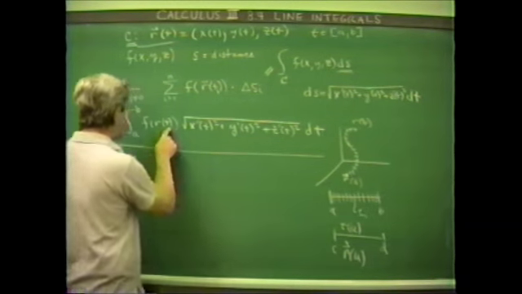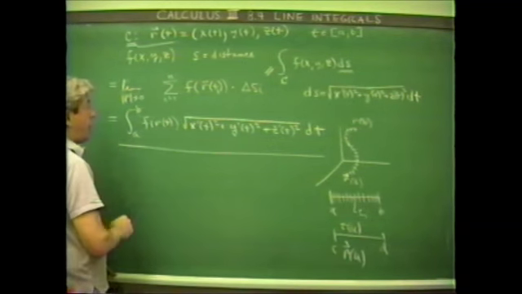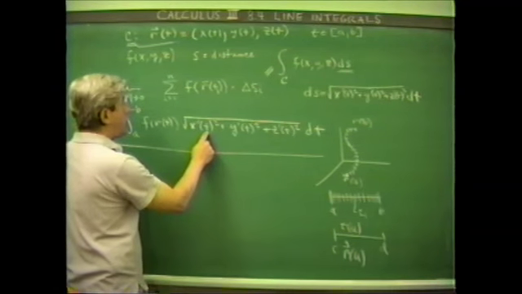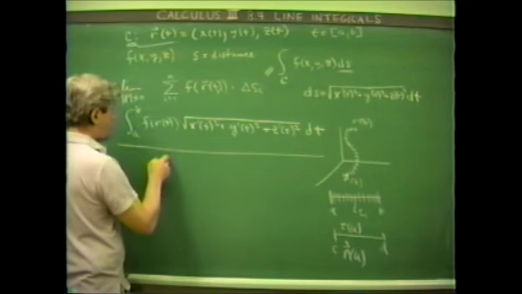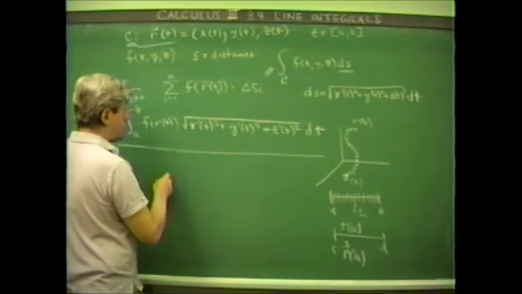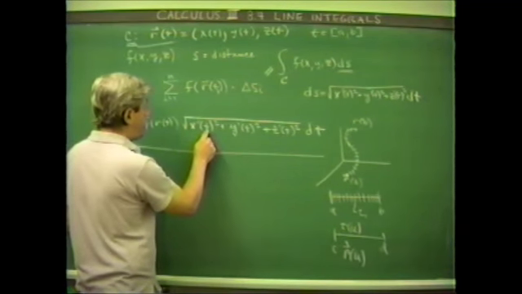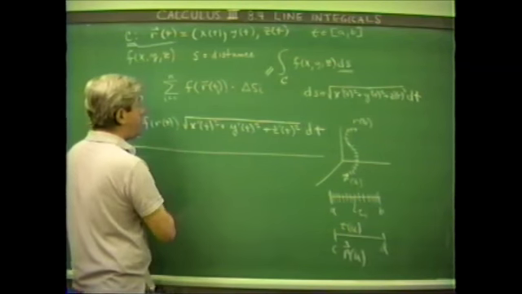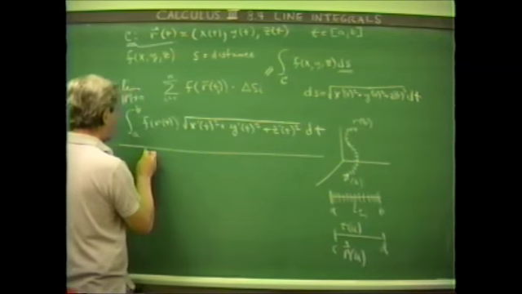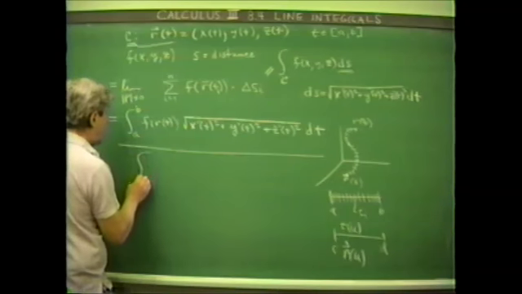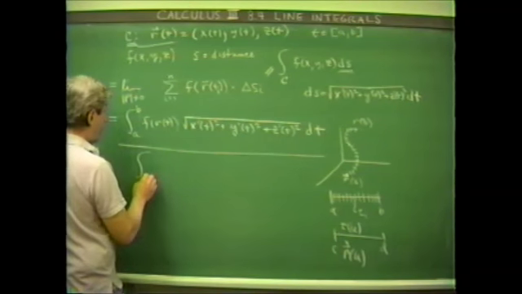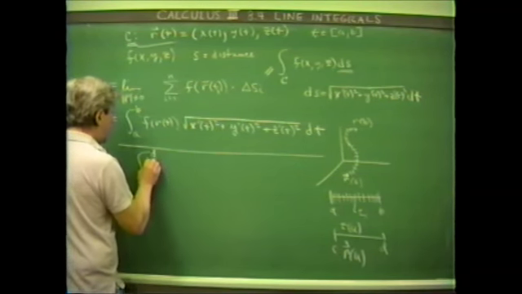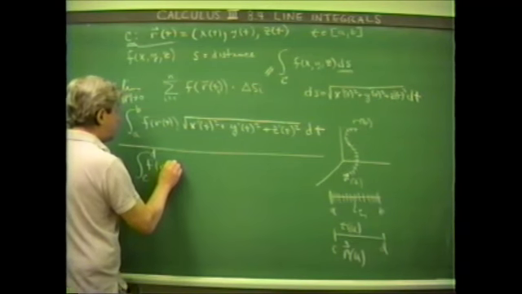T is t of u, all right? And x prime, for example, is x prime with respect to u, which is going to be the derivative of x with respect to t times the derivative of t with respect to u. You're going to get the integral from c to d of f of r of t of u